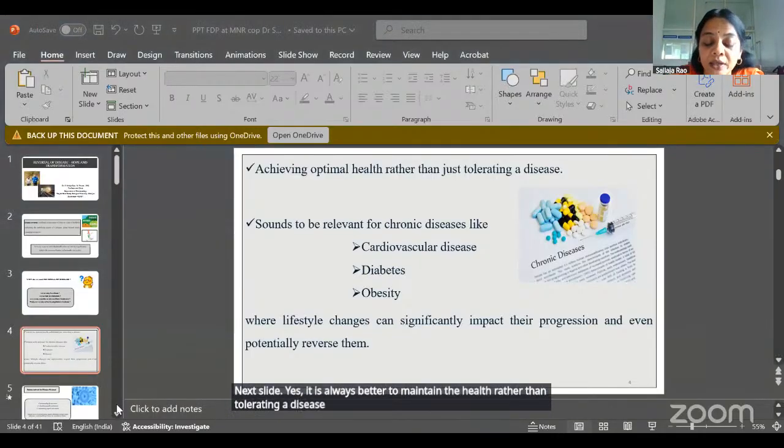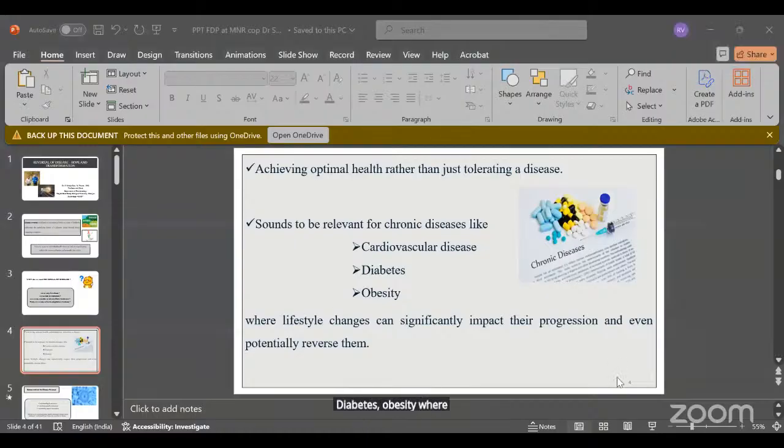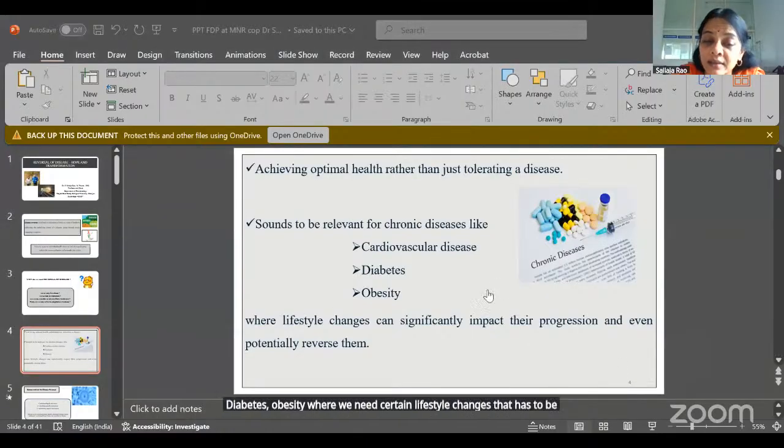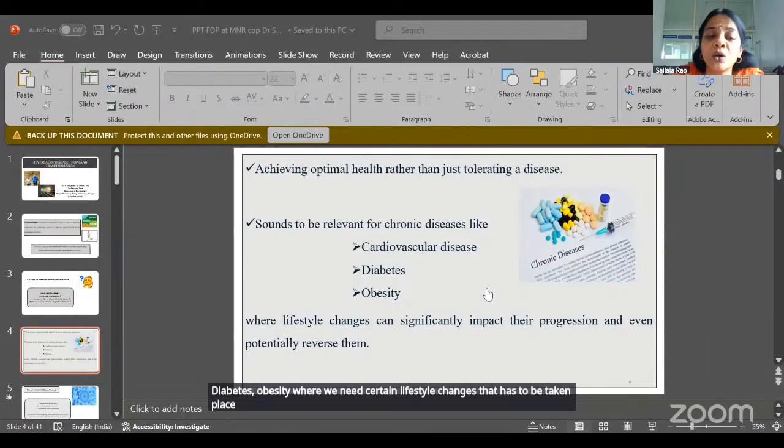And we have a set of chronic diseases like cardiovascular disease, diabetes, obesity, where certain lifestyle changes have to take place. And in order